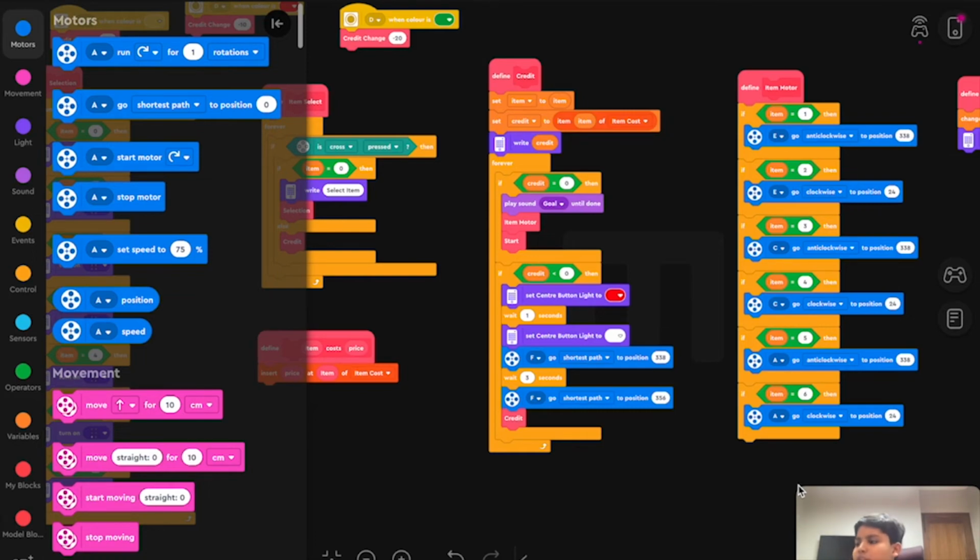Dispense the item. If the item is 1, then we have to specify which motor we have to move and how. For example, here's the vending machine, right? You can see there's the vending machine. So now I have put this item right here. Any is fine, but actually it will be difficult to put it here and move it with my hands. So I will move it right here. You can see. Ta-da! So we have to specify which motor and this item.